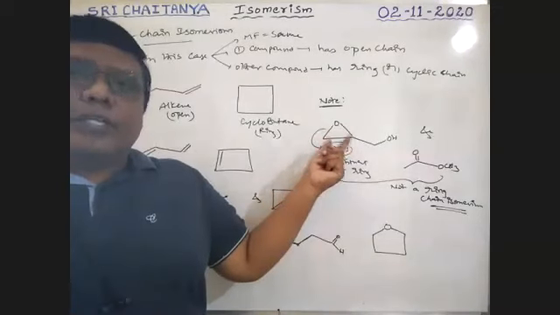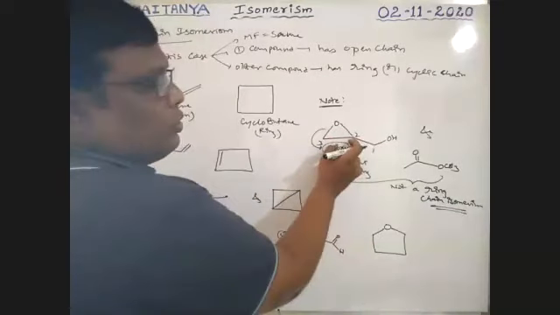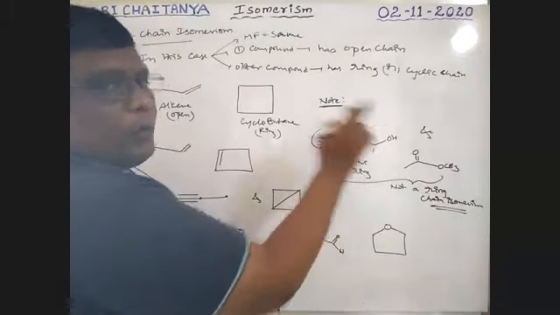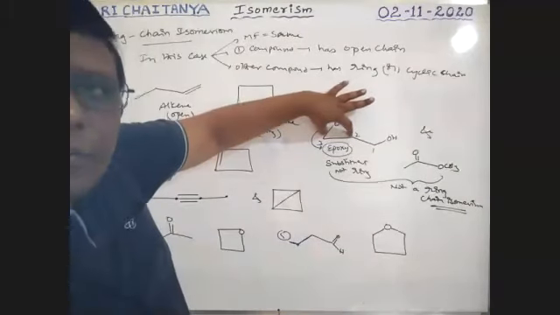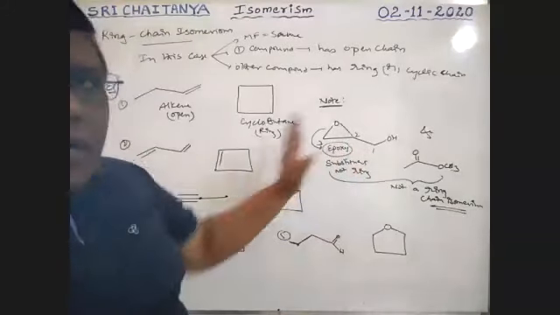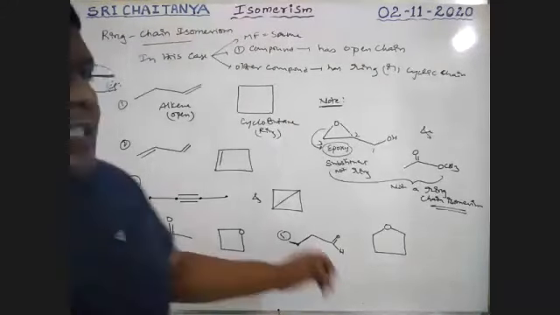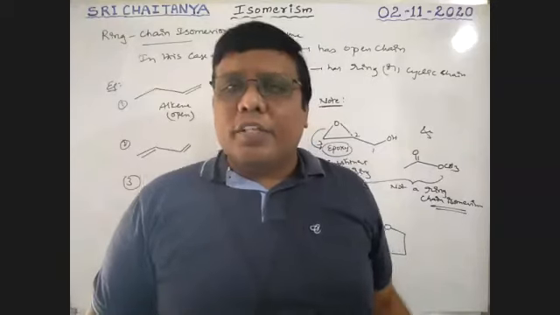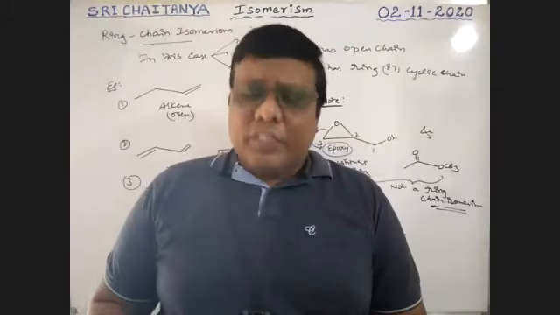This epoxy group is just a substituent. Oxygen is substituted at first, second, third. So 2,3 epoxy, and it is 2,3 epoxy propanol. Oxygen is substituted at the second and third position. So it is just substituted. It is not a ring, boys. So that's why it is not considered ring chain isomerism. Very, very, very important. So this is about ring chain isomerism, boys. That means one compound is in ring, another compound is in open chain, but the molecular formula is the same. That is ring chain isomerism. Because of that difference, physical and chemical properties may be different.